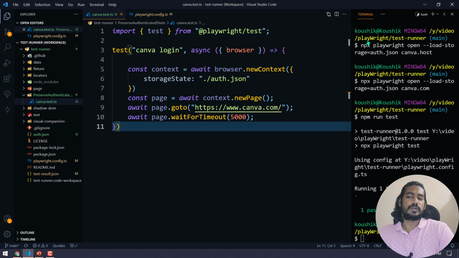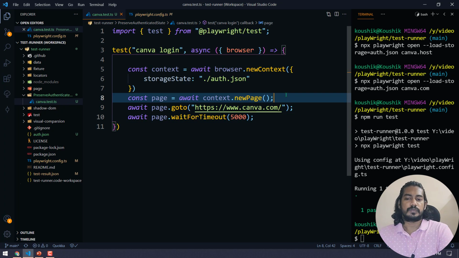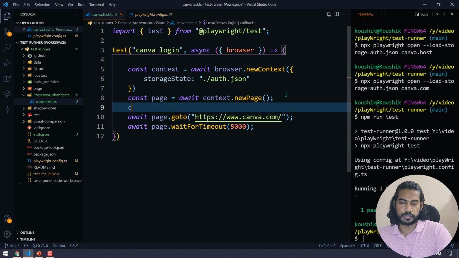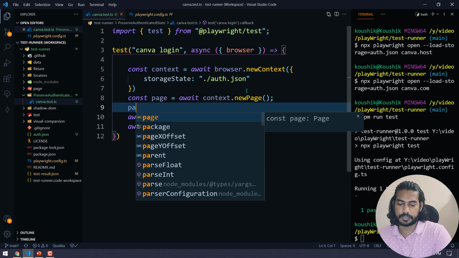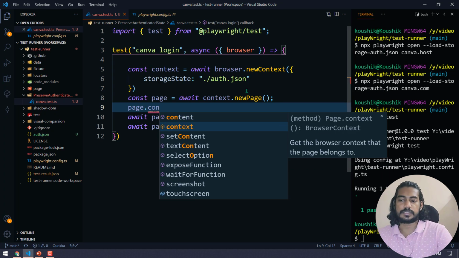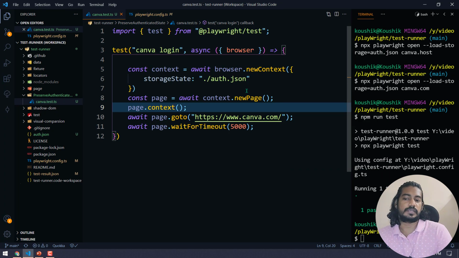So what you have to do is first use the codegen. You can get that in code as well. Let me show you that. From the page, I can say page.context, and that's going to give me the current context.